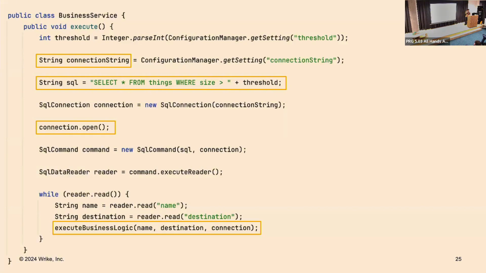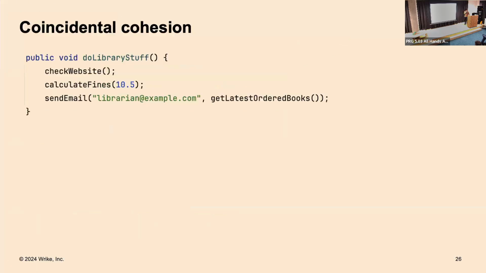But still, some things are related here. So we cannot say that cohesion is the best possible, and we also cannot say that it's the worst possible. So cohesion is not a yes or no function. There should be a scale, and there actually is a scale. There are a lot of scales, but I will show you the original from the book again.